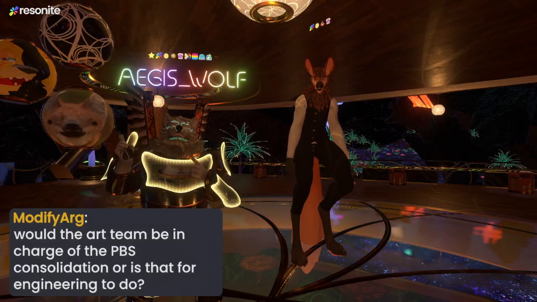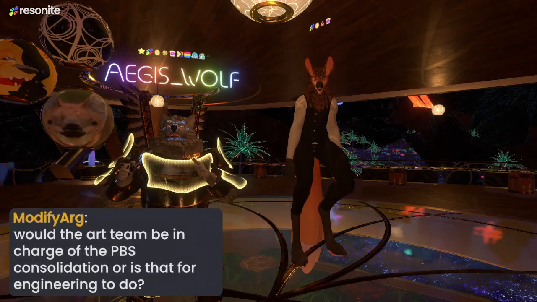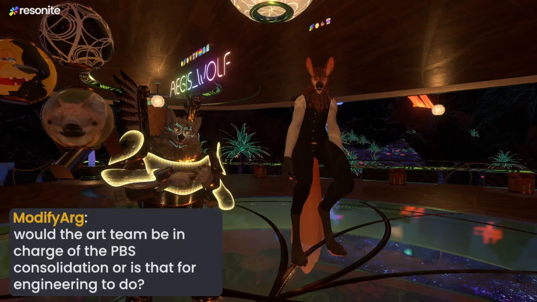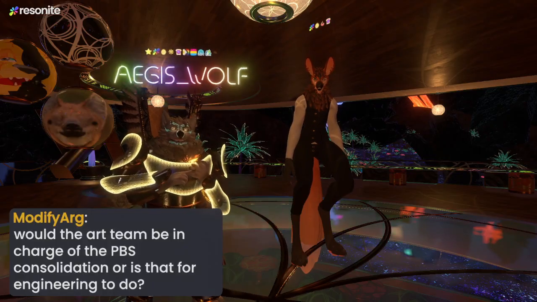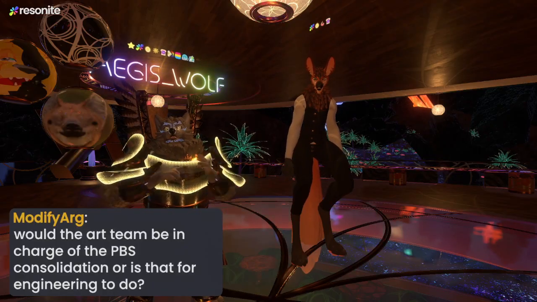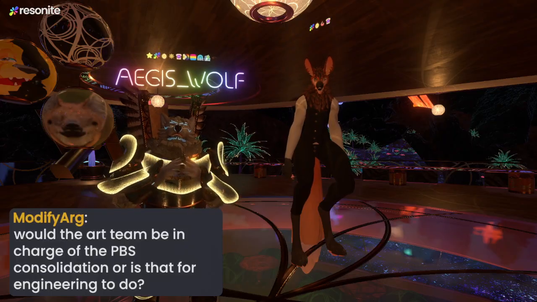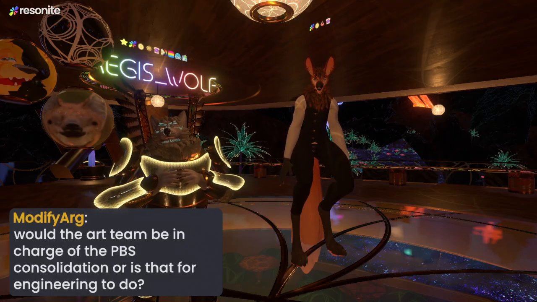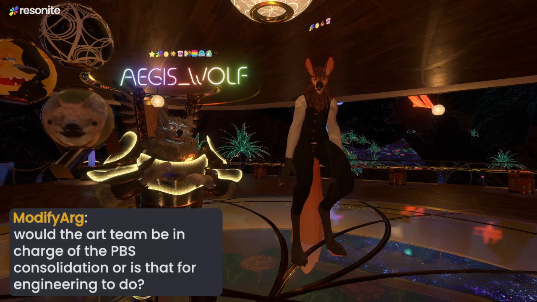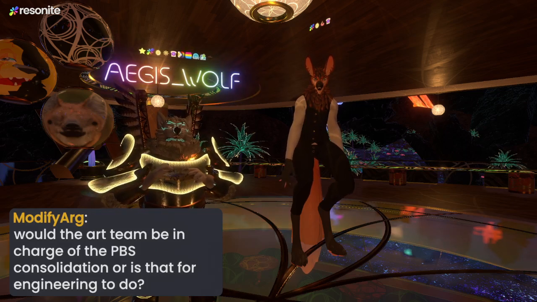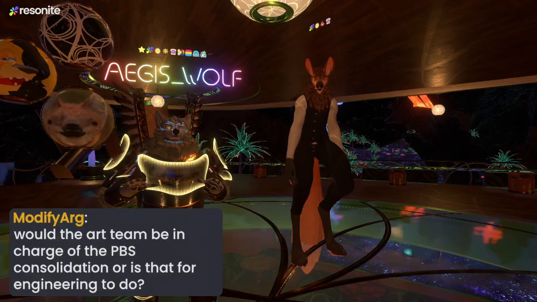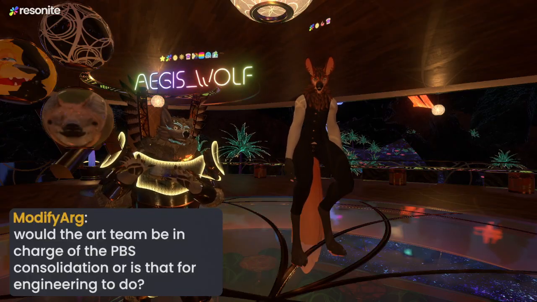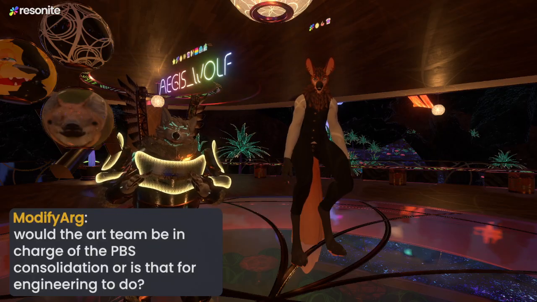Because there's not only the PBS material we have to worry about, there's also the Xiexe toon, which is a completely different type of shader. There's also the unlit materials that would be good to consolidate together, and then the filter materials, which I don't know if they're the same as unlit materials or their own. Ryuvi has been looking into, for example, learning how to recreate the blur material and the refract materials in Shader Forge.